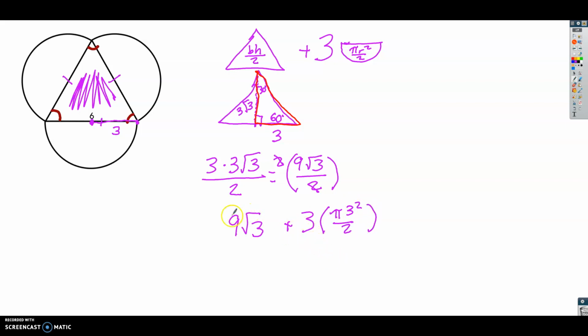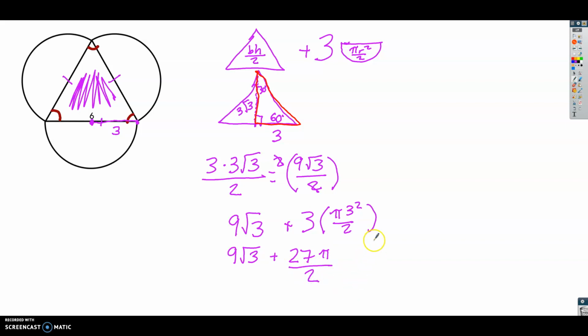Right. Now remember, I can't simplify 9 root 3, so I'm just going to leave it as is. So now we have 3 squared, which is 9, and then 9 times 3, which is going to be 27 pi